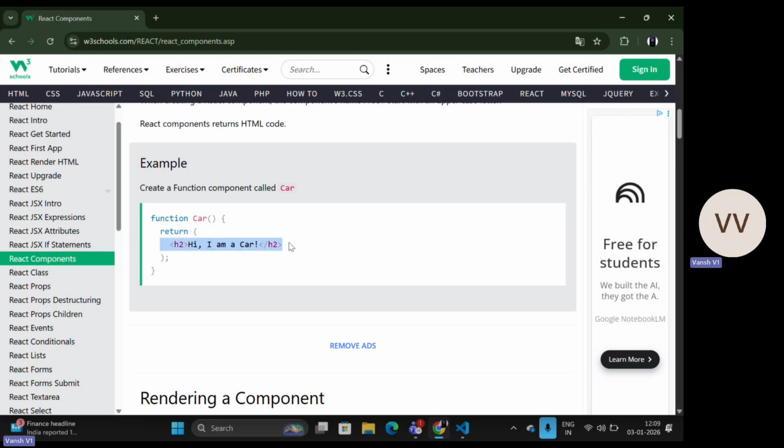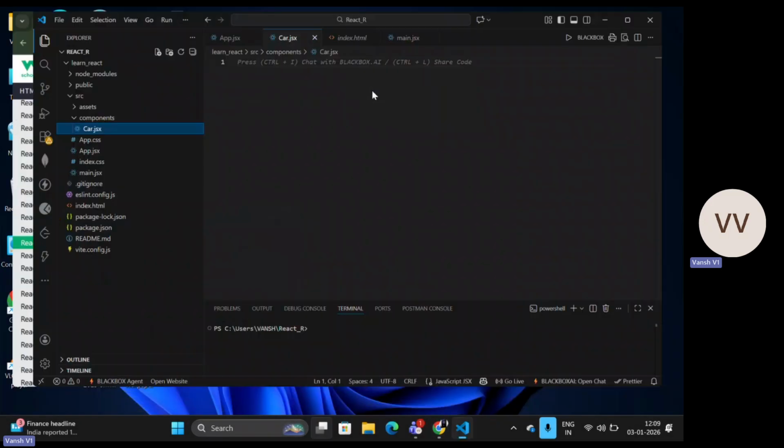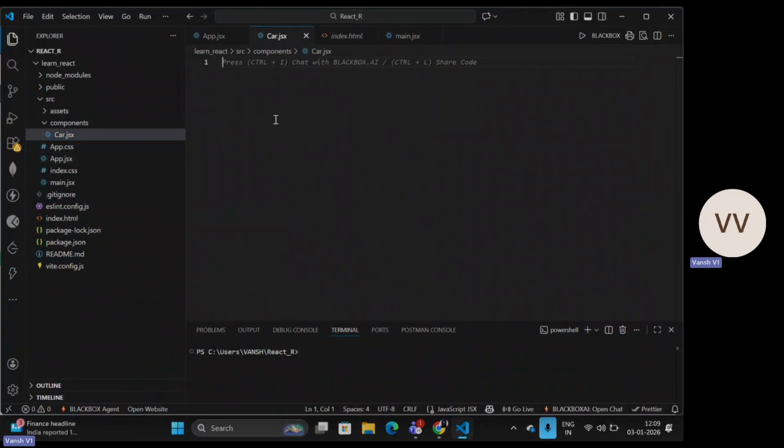And what it will return if you just render it on the website? Hi, I am a car heading, right? So I am just copying it. I will move to my VS Code. Here I have created this car.jsx, right? Here I am going to paste it, and I will use it in app.jsx so that I can